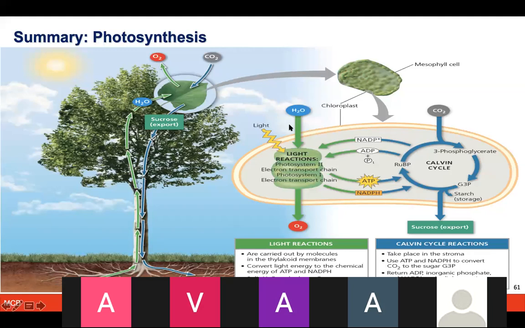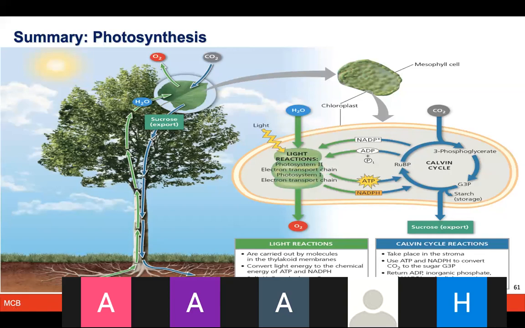From water, oxygen is released as part of the light reactions, and ATP and NADPH are produced in the light reaction, which are taken by the Calvin cycle. The three carbon product being formed, 3-phosphoglycerate, forms glyceraldehyde 3-phosphate. That is why this cycle is known as the C3 cycle. The light reaction requires light, whereas the Calvin cycle does not, so it is the light independent reaction or dark reaction.